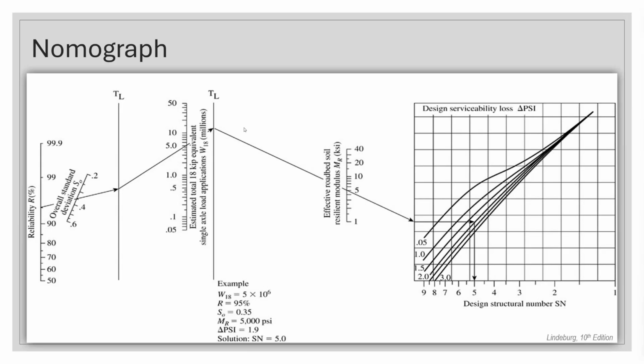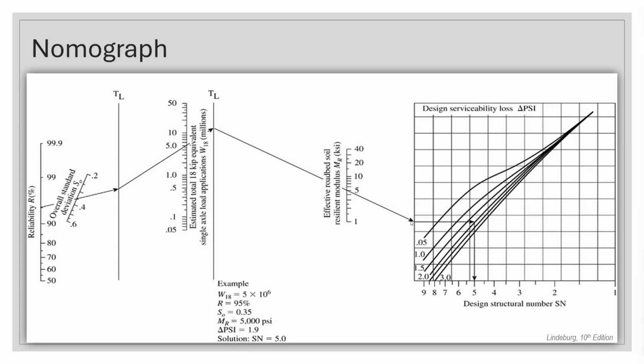And we're going to go from that turning line across through the resilient modulus until we hit the edge of this graph. So the big square part, we get to the border line of it. And then we're going to go straight across horizontally and hit one of these lines. There are 6 different lines that are drawn, and each one of those is related to a certain design serviceability loss, or delta PSI. So we find the line that corresponds with our delta PSI.